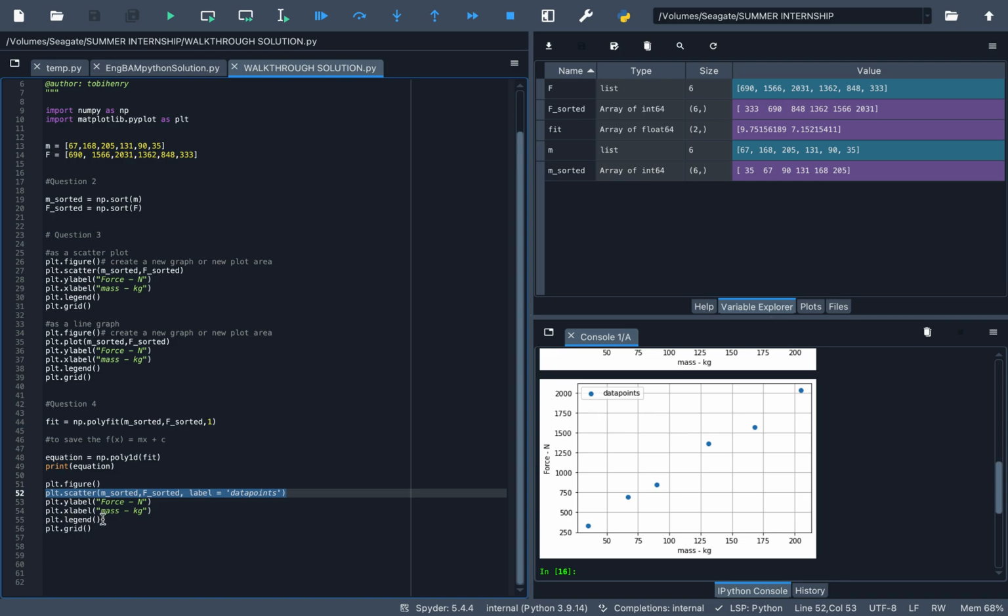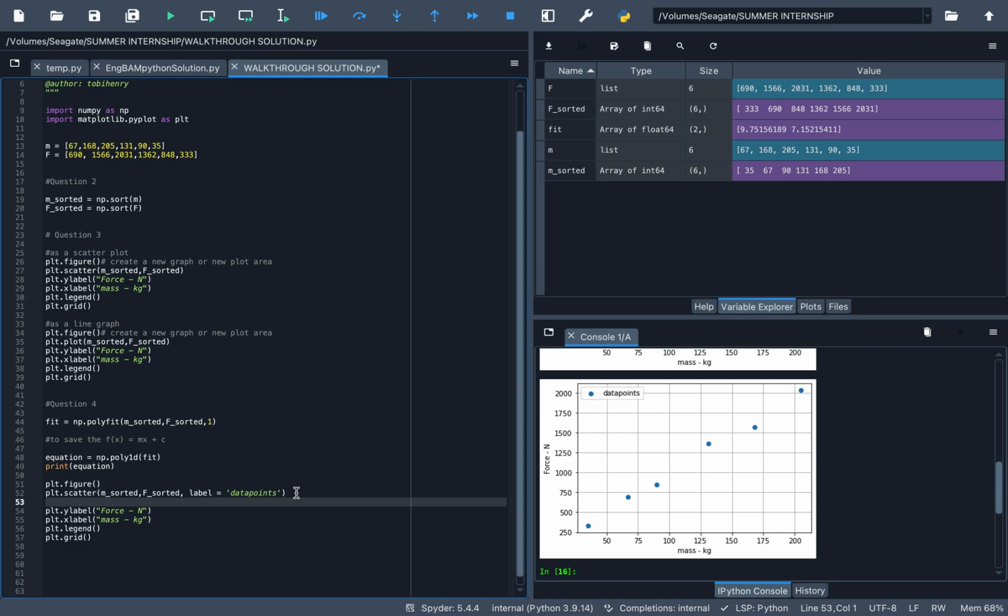So legend with empty brackets allows us to show whatever title we give a particular data set in our graph, and this is useful when we have a single graph showing multiple data, so that we can differentiate them. So now firstly we've plotted the